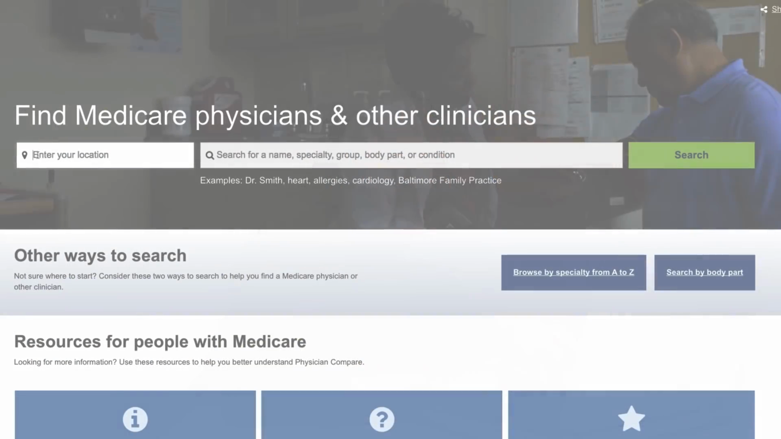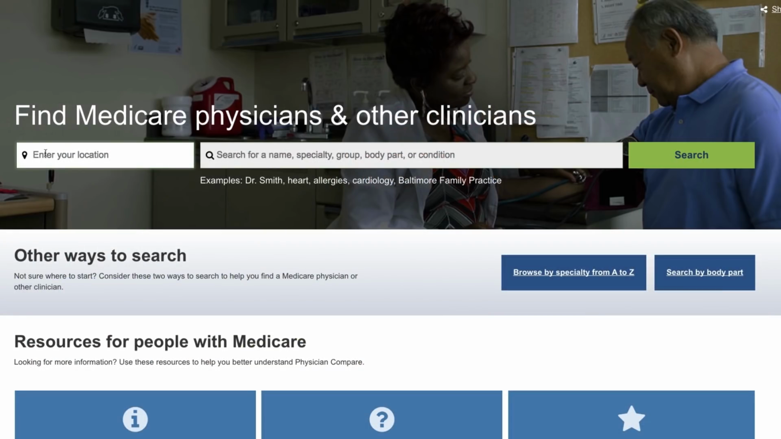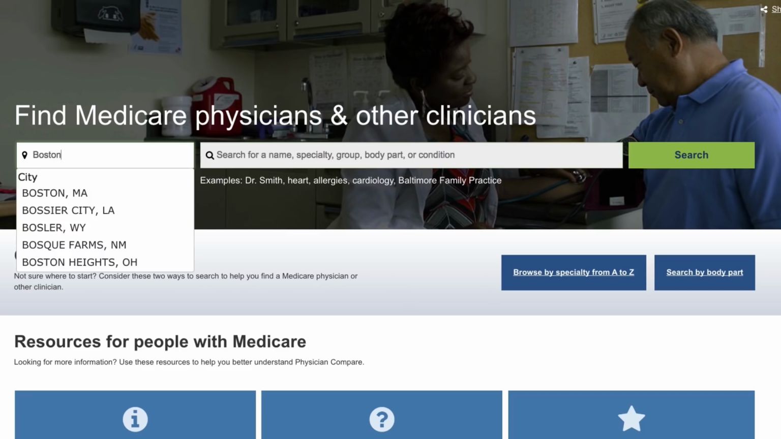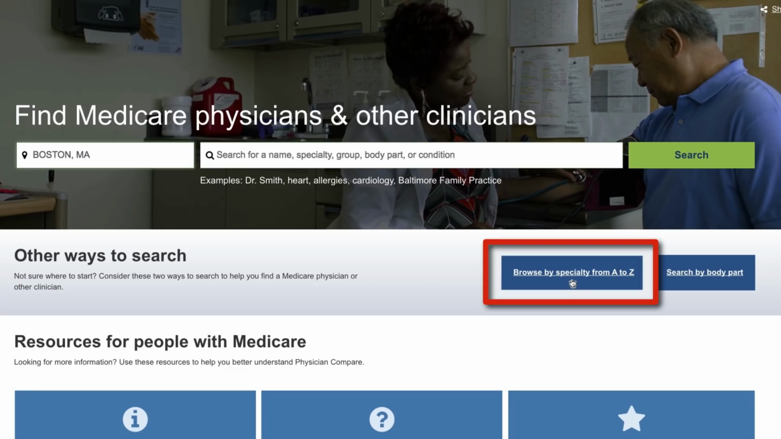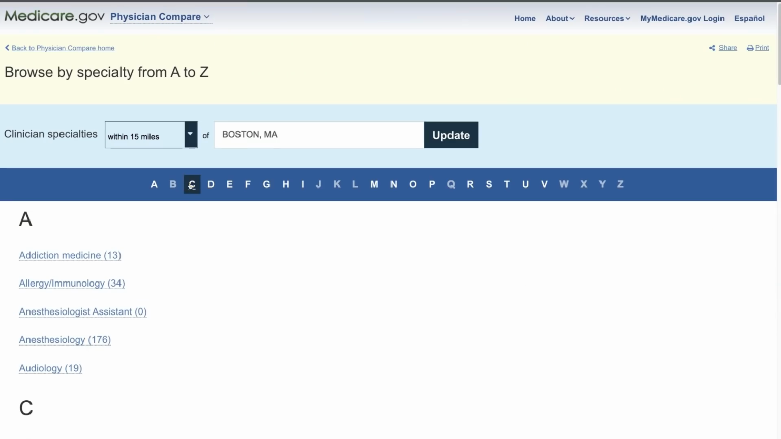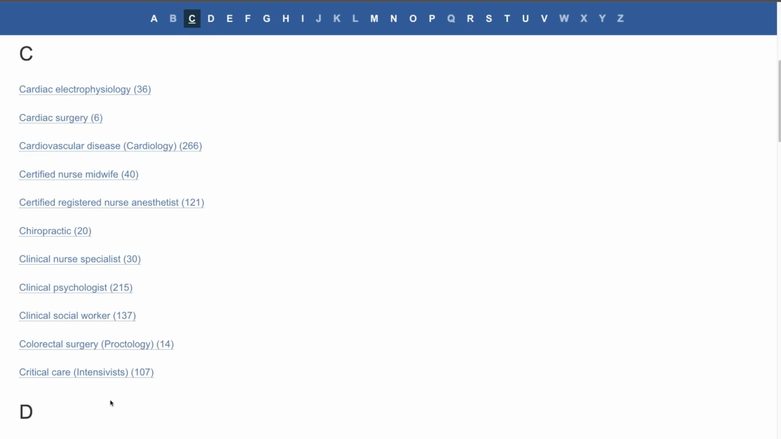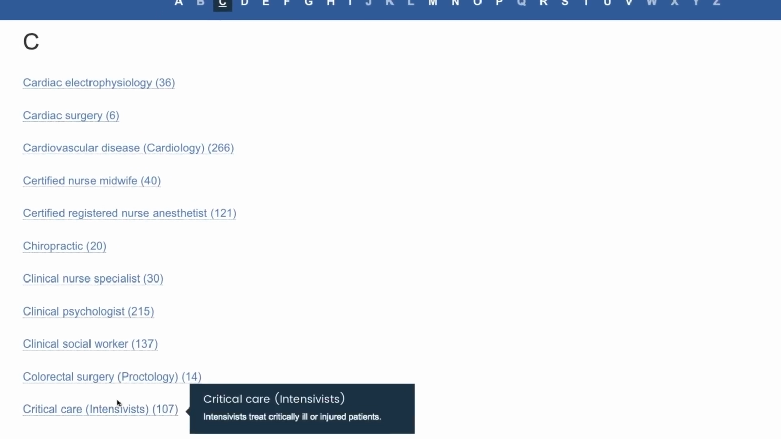Finally, let's see how Don uses Physician Compare. Don's primary care physician wants him to see a cardiologist for some chest pain he's been having recently. He's having difficulty spelling cardiologist, but then he sees the Browse by Specialty button. Don selects the letter C at the top of the page, and it automatically takes him to all specialties beginning